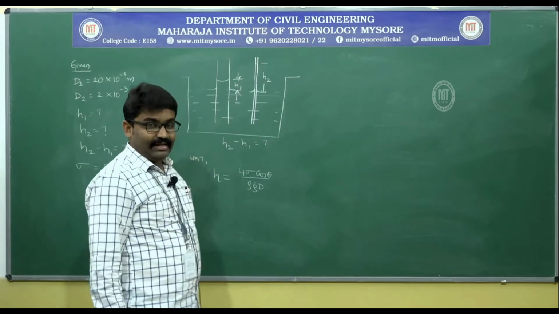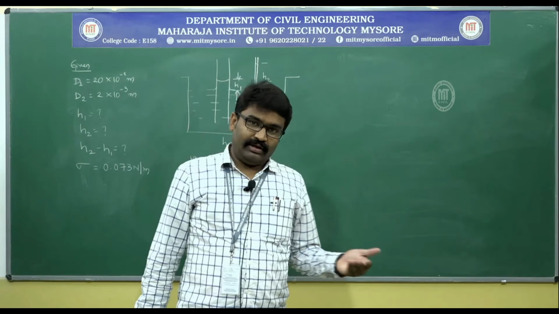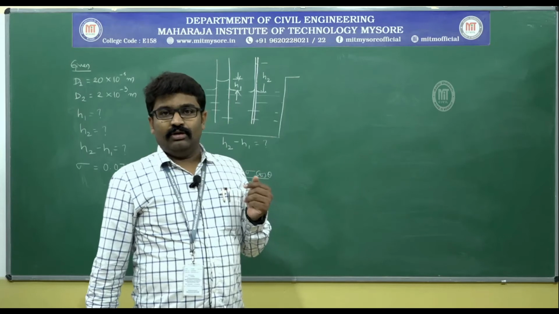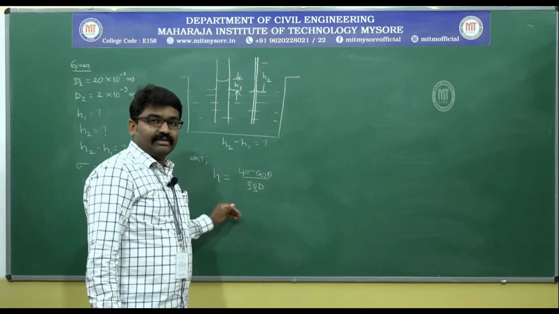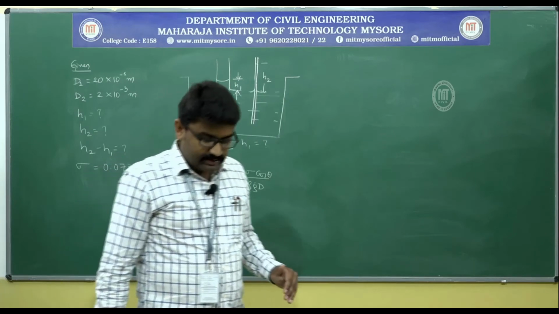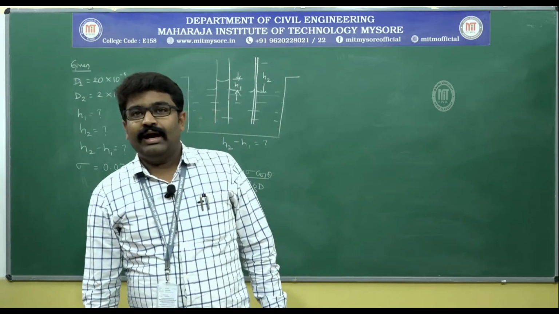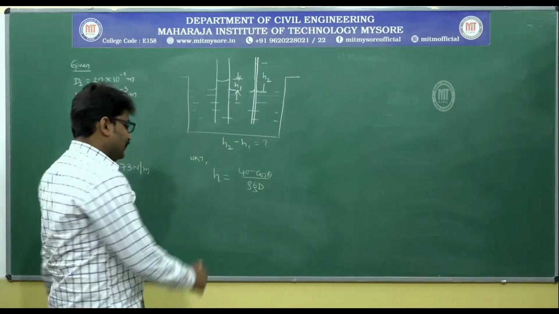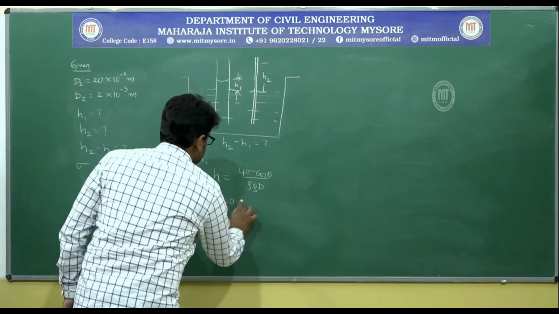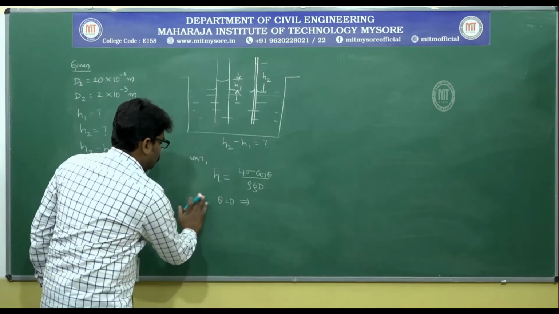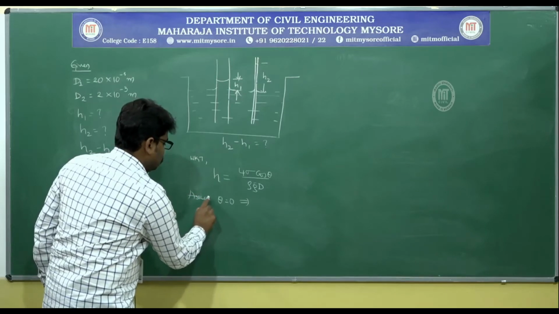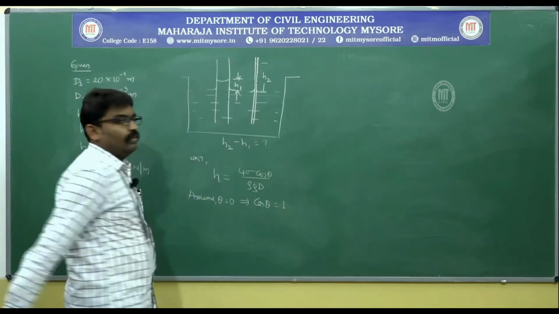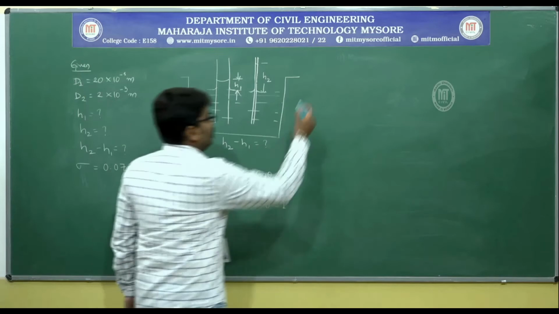Since he has not mentioned anything about the angle made by the water with the glass, you will have to forcefully assume that that is equal to 0. So, what will you write? Assume that, after this you please take down, assume that the water is pure and the glass is clean, that is theta is equal to 0. Or you simply write it as assume theta is equal to 0, which implies cos theta is equal to 1. So, in case 1,